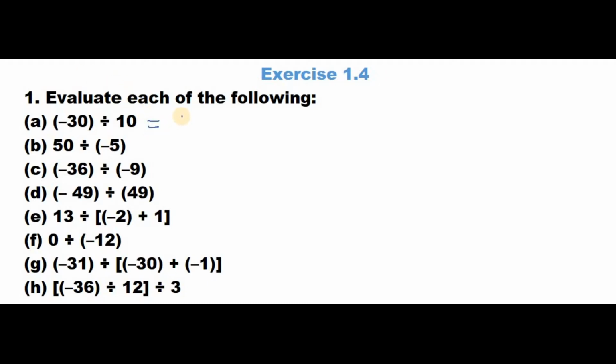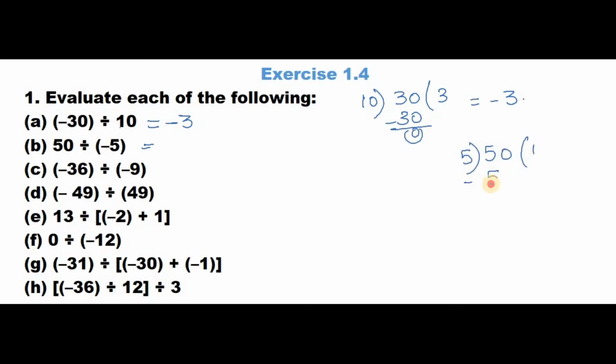30 divided by 10, and we all know that 10 threes are 30. And in dividend and divisor, only the dividend has a symbol, so the quotient also will get it. For example, if the dividend as well as the divisor have a symbol, then automatically the symbol is going to cancel. So 50 divided by minus 5. See here, the divisor has a minus symbol. So first, without considering that, we will do the division.